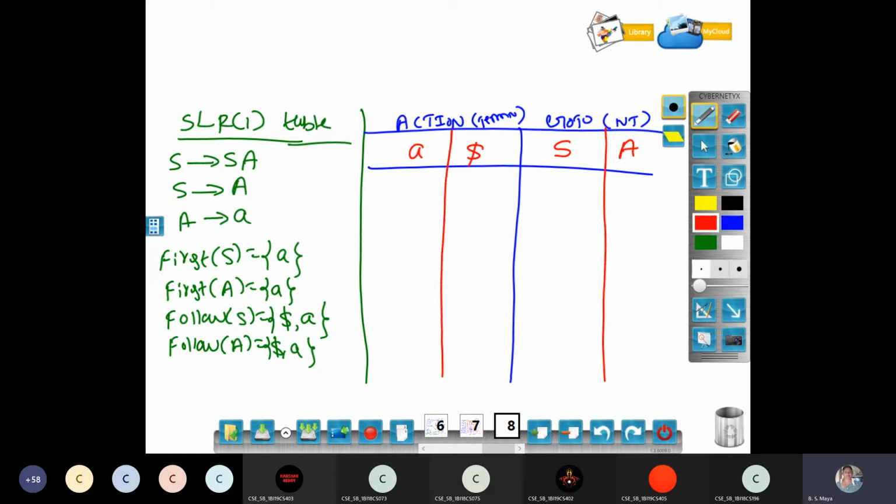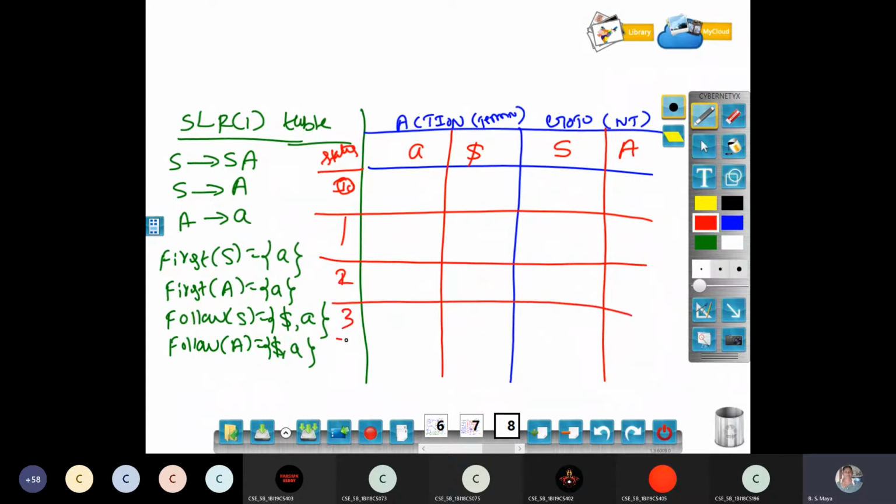Then you have to write how many states are in the given problem. The states are represented as I0, I1, I2, and so on. You can write I0 or just 0. These are called states: I0 state, I1 state, I2 state, I3 state, I4 state.